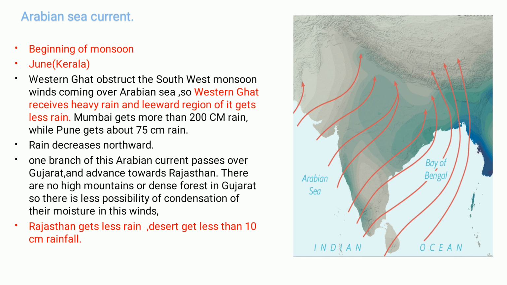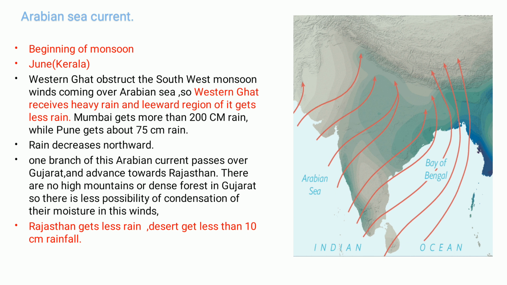This current further merges with the winds coming over the Bay of Bengal. One branch of the Arabian current passes over Gujarat, Saurashtra and Kutch and then advances towards Rajasthan. There you can see the air currents in the map in the image, how the air currents come from south and they blow towards the north. There is less possibility of condensation